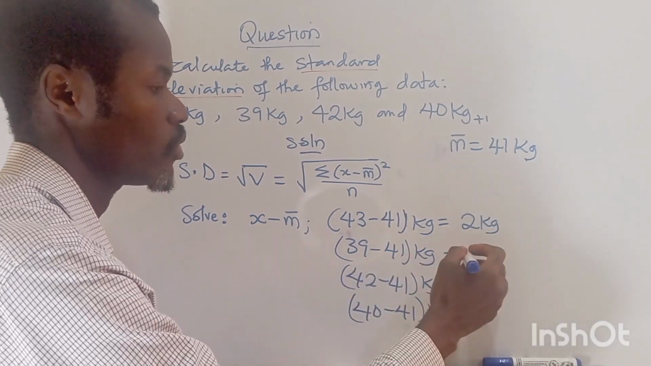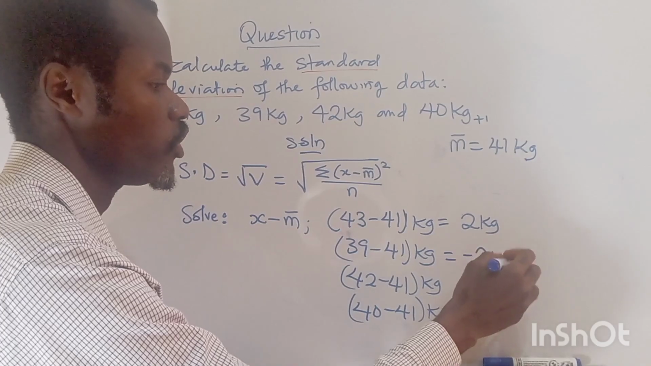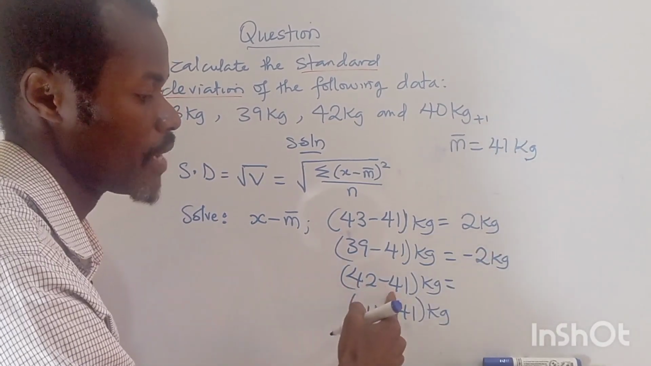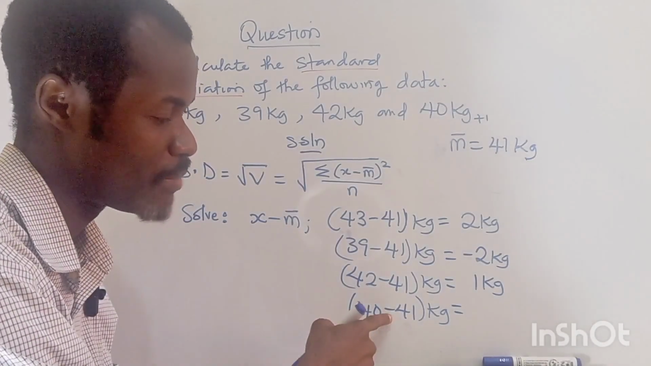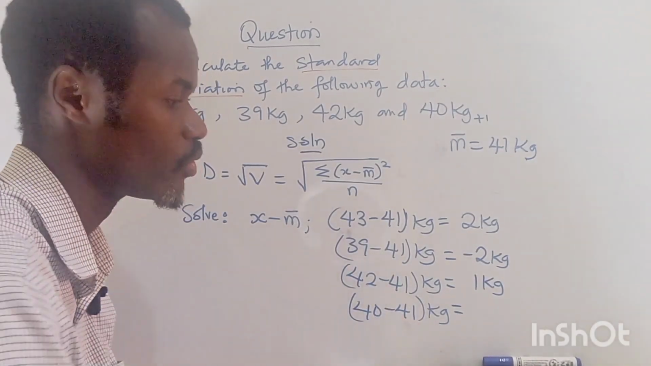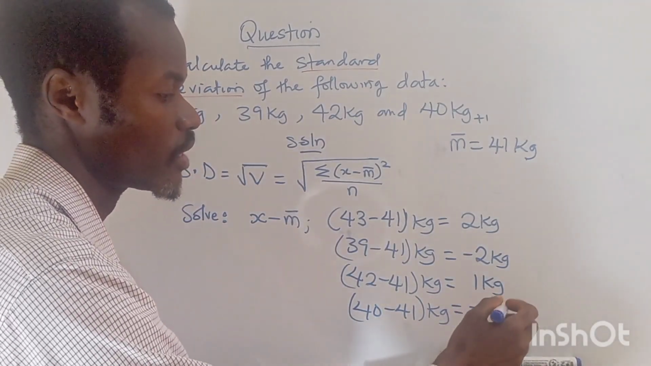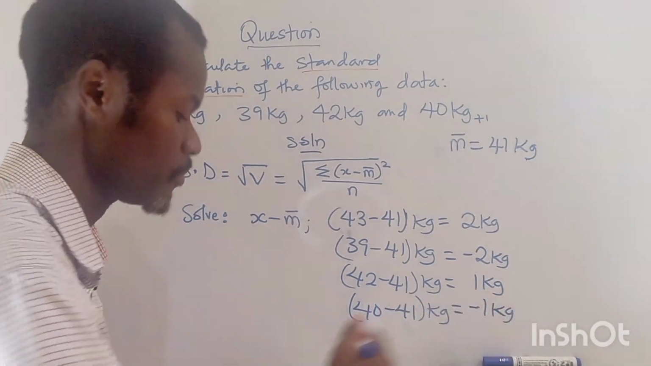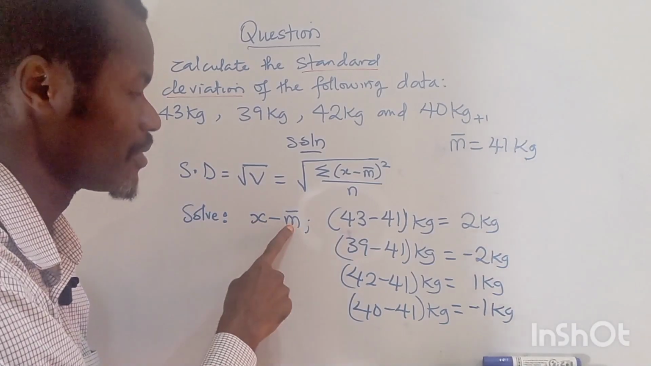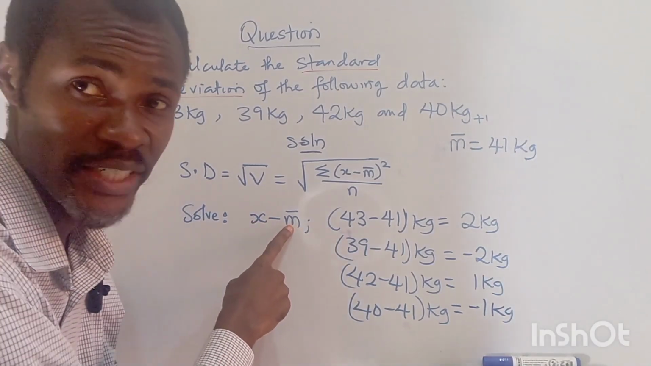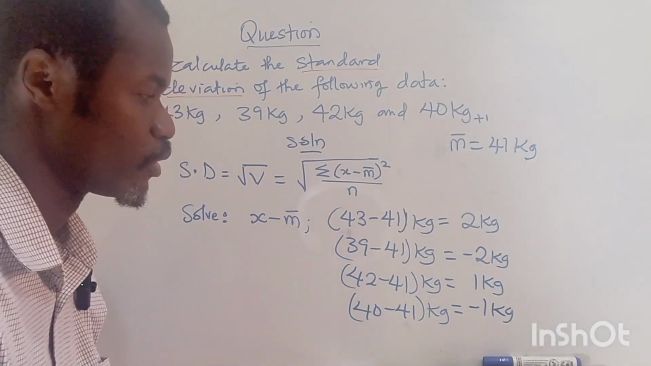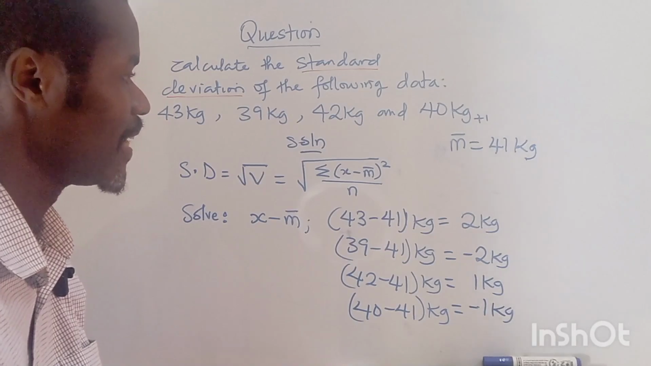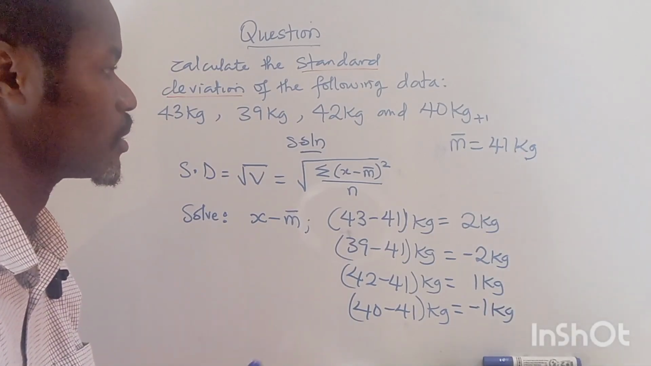39 minus 41 is going to give us minus 2 kg. 42 minus 41 is 1, so we have 1 kg. And 40 minus 41 kg is going to give us minus 1 kg. Okay? So those are the differences, or the deviation from the mean value, which we have calculated as 41 kg. Now the next thing is we want to